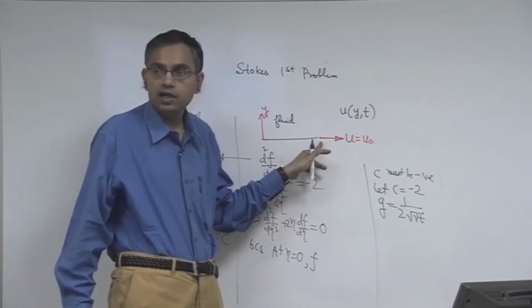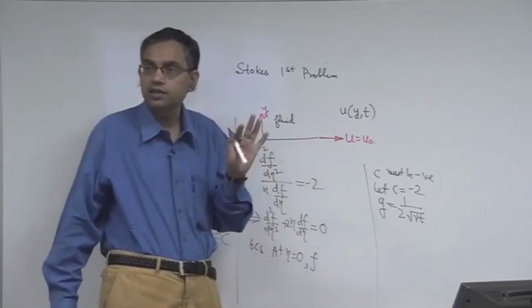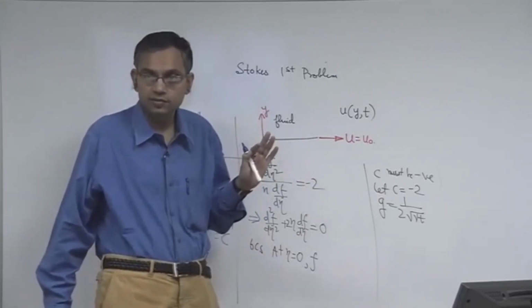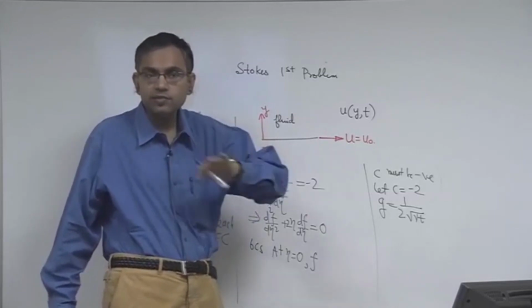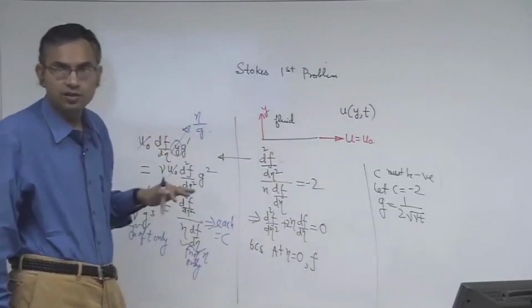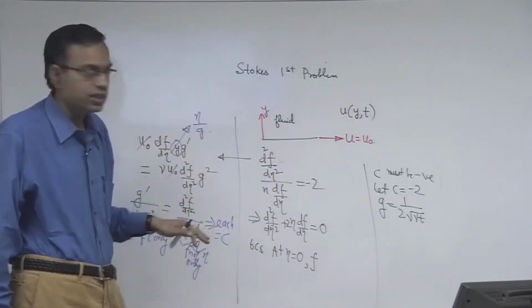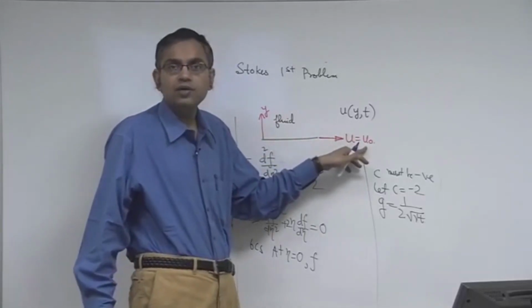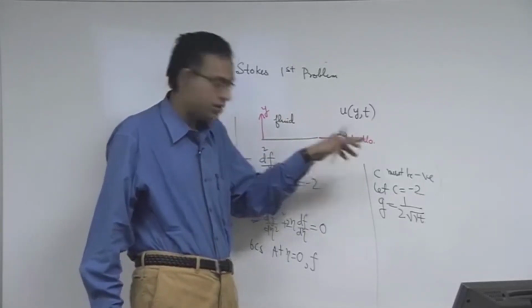So, no slip boundary condition does not mean that the fluid is stationary. It means the fluid is stationary relative to the solid boundary, right. So, if the solid boundary is moving with a velocity u0, the fluid will also move with the same velocity u0. That is the no slip boundary condition. So, if u is equal to u0, then what is u by u0? 1. So, at